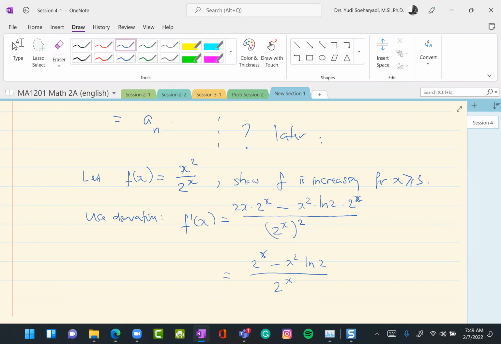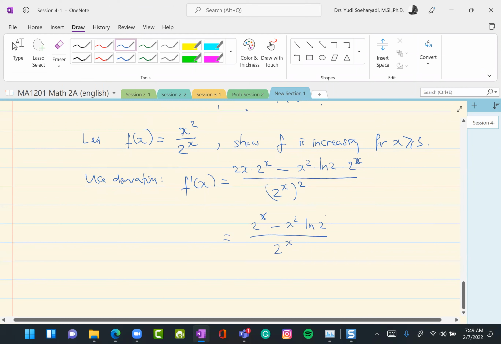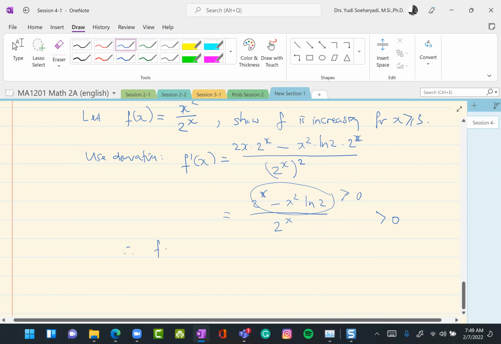Okay. We'll check it later. This one is increasing, actually larger. Okay, then this is positive. Okay, so f is monotonically increasing,